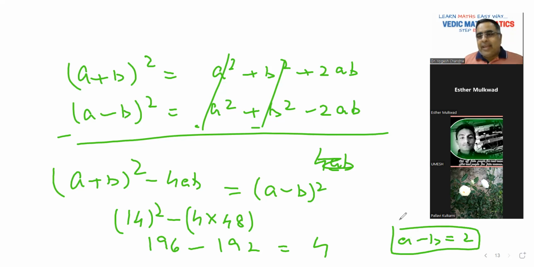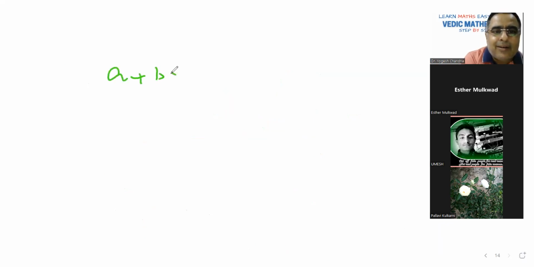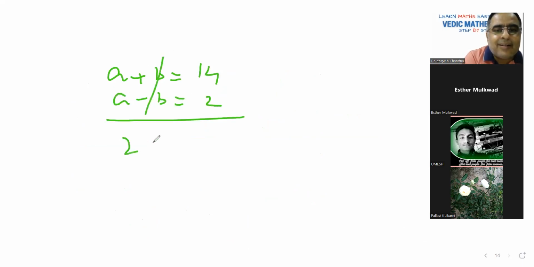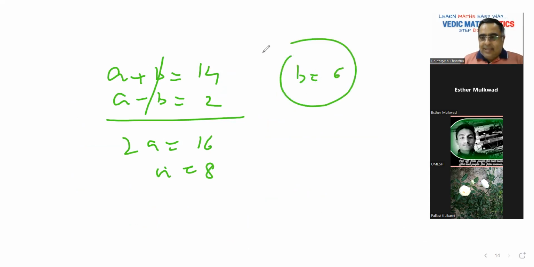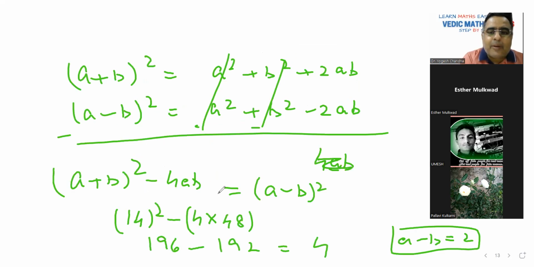a माइनस बी इक्वल टू 2 यहाँ तक आ गया, क्योंकि 4 का स्क्वायर रूट हो जाएगा ना। a प्लस बी 14, a माइनस बी 2, एडिशन कर दो, 2a इक्वल टू 16, a इक्वल टू 8। तो b कितना आ गया? 6। सो ये फॉर्मूला अगर हम याद रखें तो भी हम कर सकते हैं। ऑलवेज रिमेंबर, ऐसी कंडीशंस आएंगी आपके पास, एलसीएम एचसीएफ दे दिया होगा और a प्लस बी या a माइनस बी दिया होगा, यहीं पे बच्चे कनेक्ट करने में दिक्कत करते हैं।